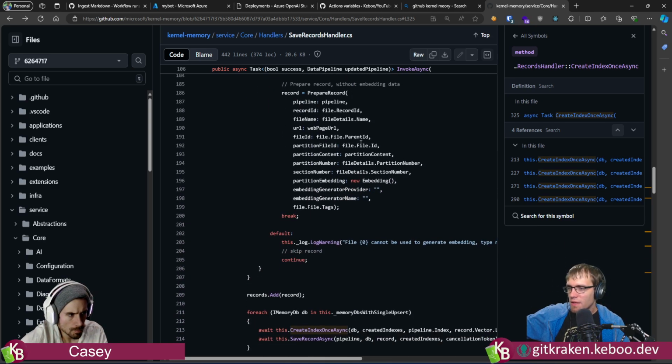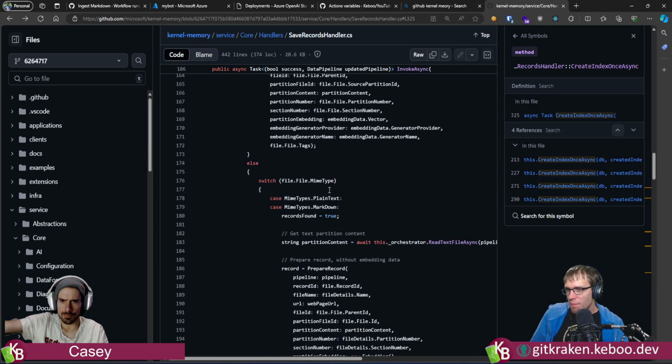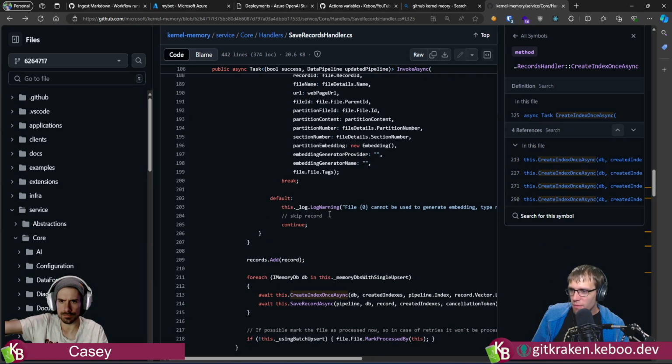We come into here. It does some work with the file MIME type. I think we've addressed those problems already. We come into here. For each memory DBs with single upsert. So this is the in-memory DB. And then it calls create index once async and then save record async.